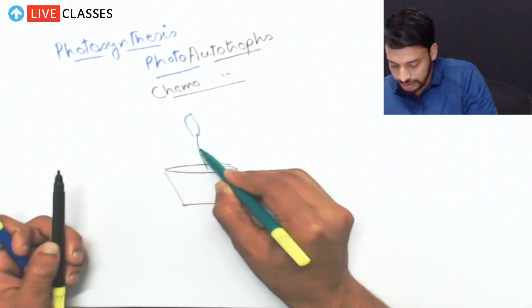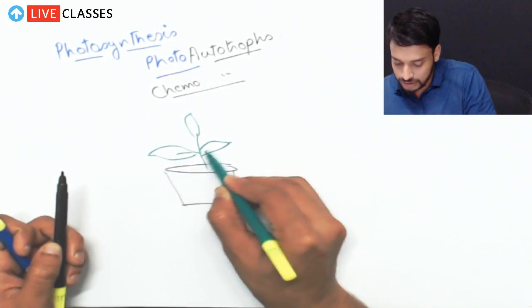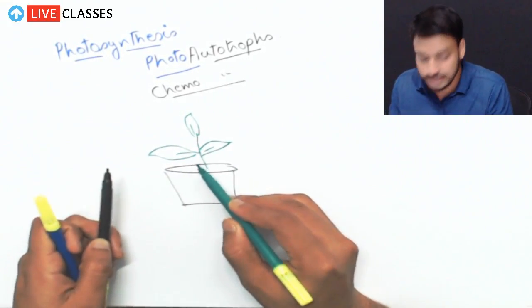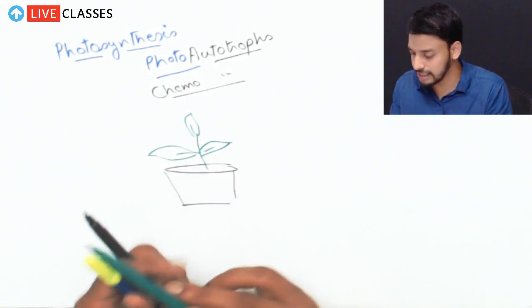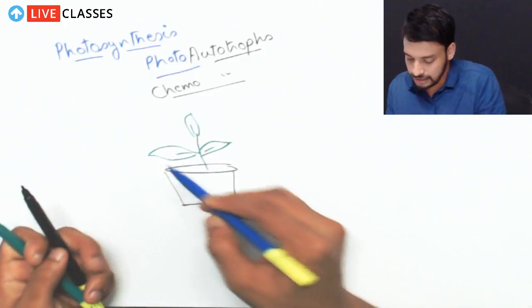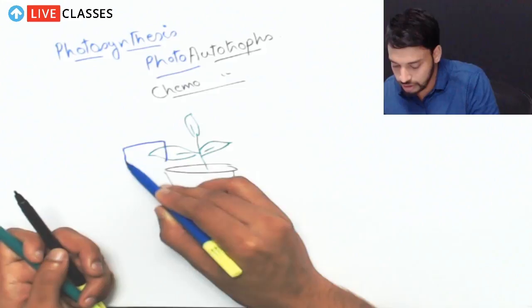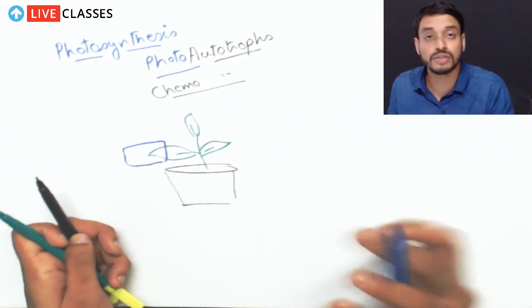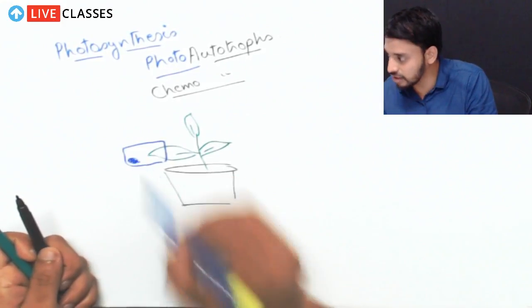It's not a small tree. Now here we have the leaves, correct? Now what happens? Let's conduct an experiment. This experiment was conducted in such a way that a certain part of the leaf, this part of the leaf, was put inside a glass jar and it was sealed. And what was there inside the glass jar? Inside the glass jar there was